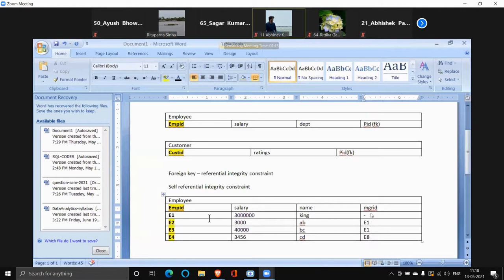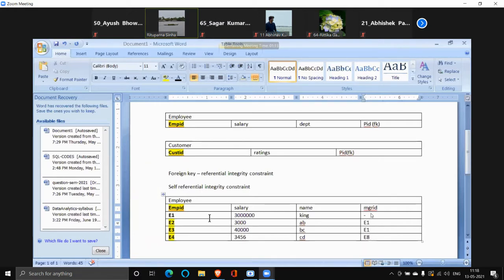Suppose this is not the case. You may say that, ma'am, there are some companies who have managers from other companies. It generally doesn't happen, isn't it? And suppose in your problem, I have said every manager is an employee of the company. You are creating the database for such a company where they have a policy that if the person is a manager, the person has to also be an employee.